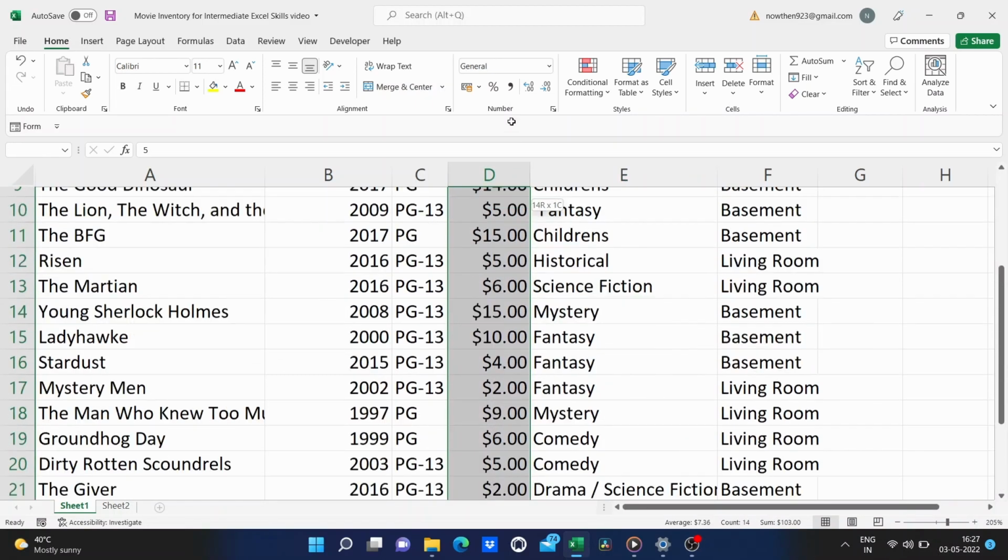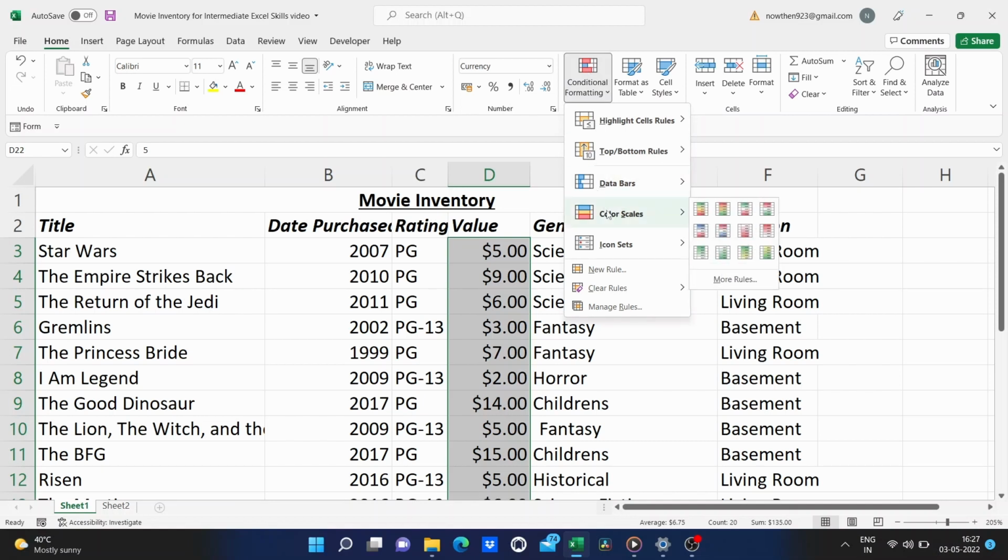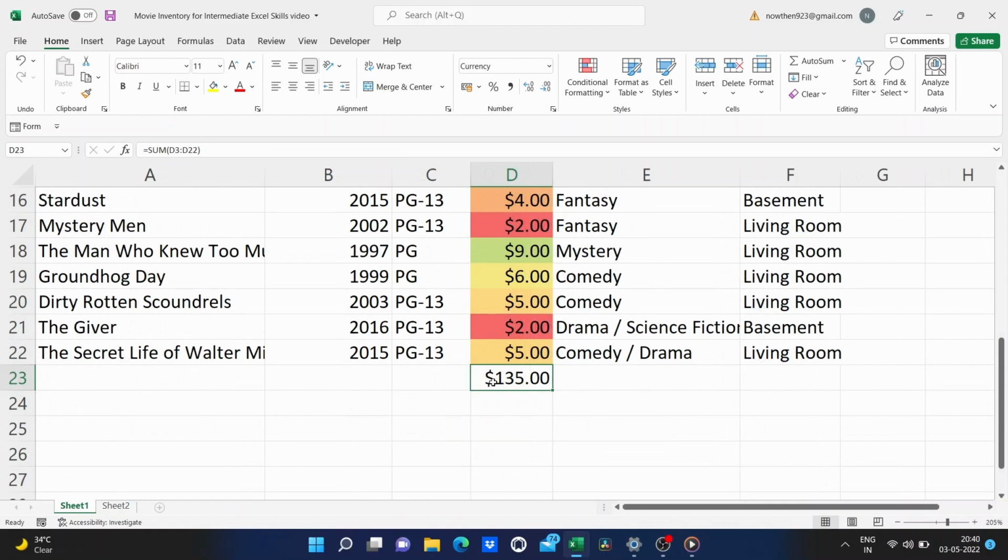So now I go in conditional formatting, color scales, and look, that's back to being useful. Okay, now I should go in and type total and maybe put these in bold just to show that this number is different. It's special. It's different than those other numbers.